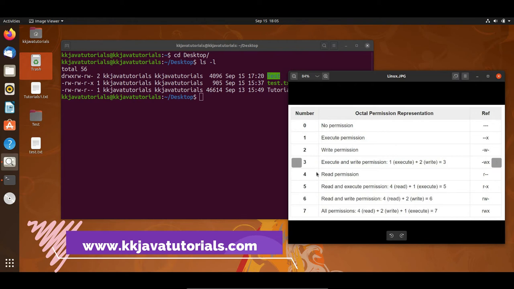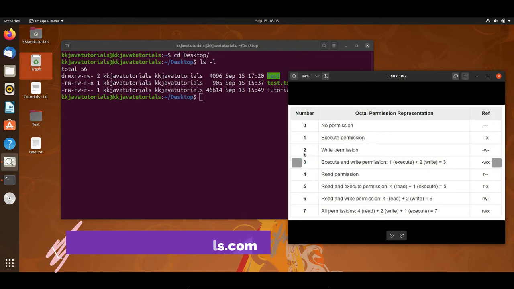Similarly, the number 3 means 2 plus 1, meaning you have write and execute permissions. 1 means execute and 2 means write, and if you add 1 plus 2, this gives 3. Similarly, if you represent the number 5, that means 4 plus 1, so you have read as well as execute permission, which can be represented like this.